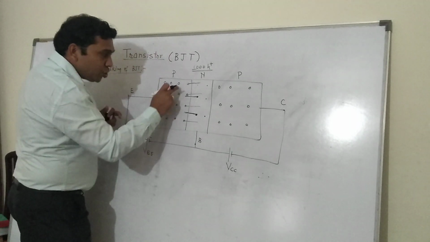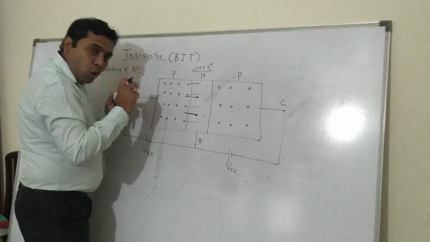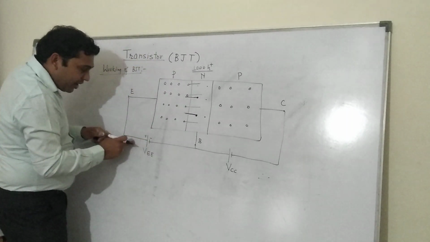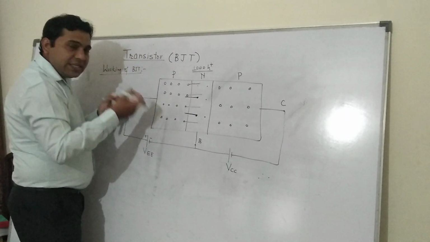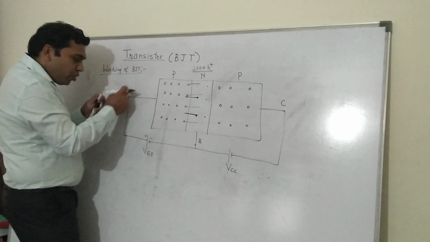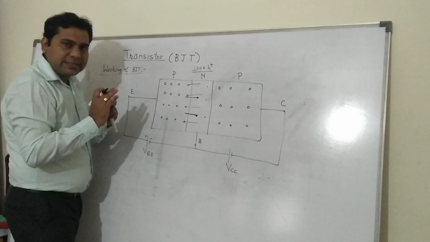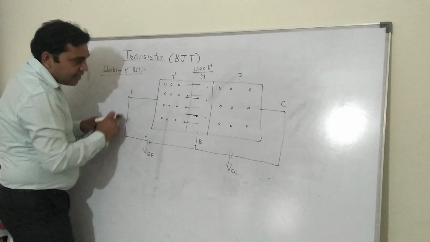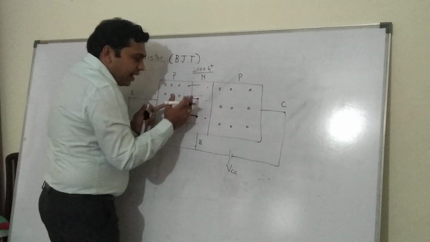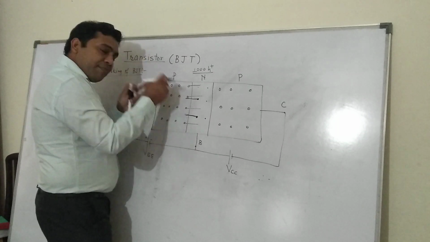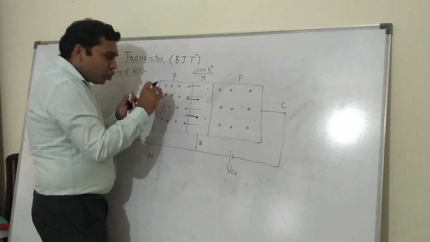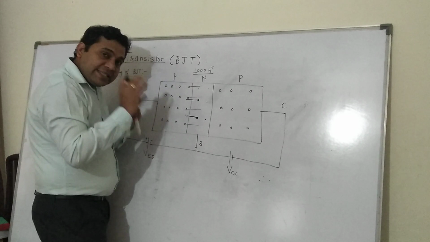So definitely those 1010 holes will either be provided by the battery, or you can say 1010 electrons will go into the battery. By any means you can understand these things. So 1010: the 1000 holes go, and 10 electrons come and recombine with the holes. So 1010 holes are less here.